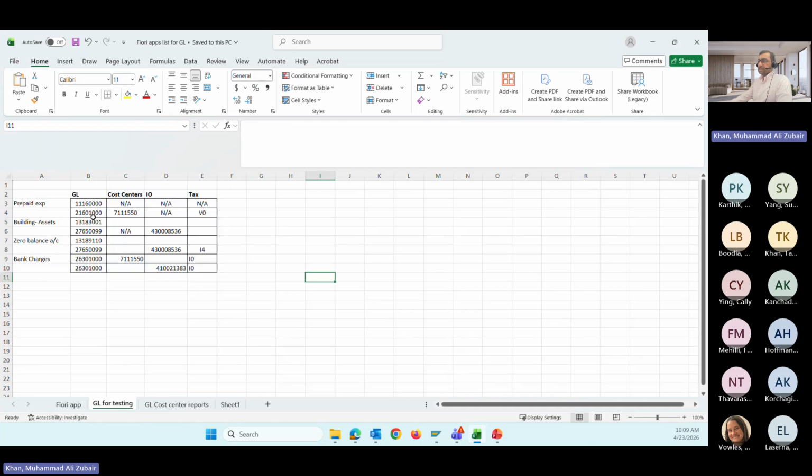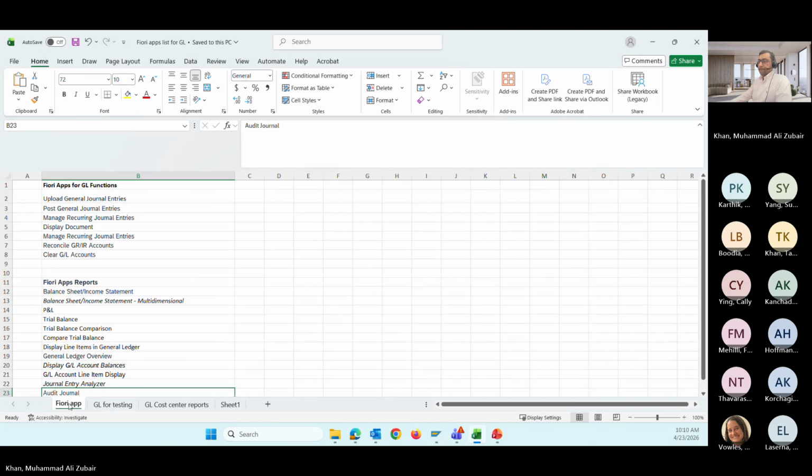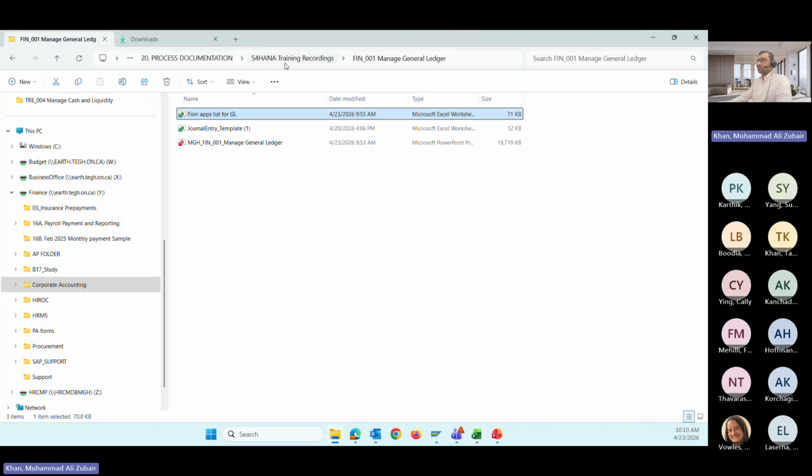If I find something new, a new Fiori app, I just add it, and some other details for testing are readily available. These are the GL accounts, but you can use any GL account for the training purpose. But this is a sheet that I can use with this GL account and cost center to save time. And that is it. And one more most important thing,